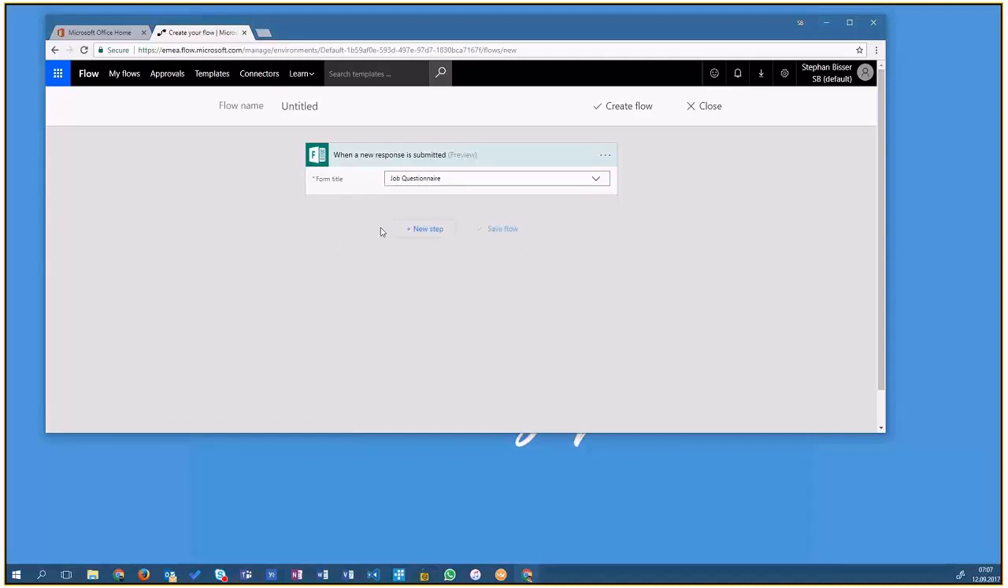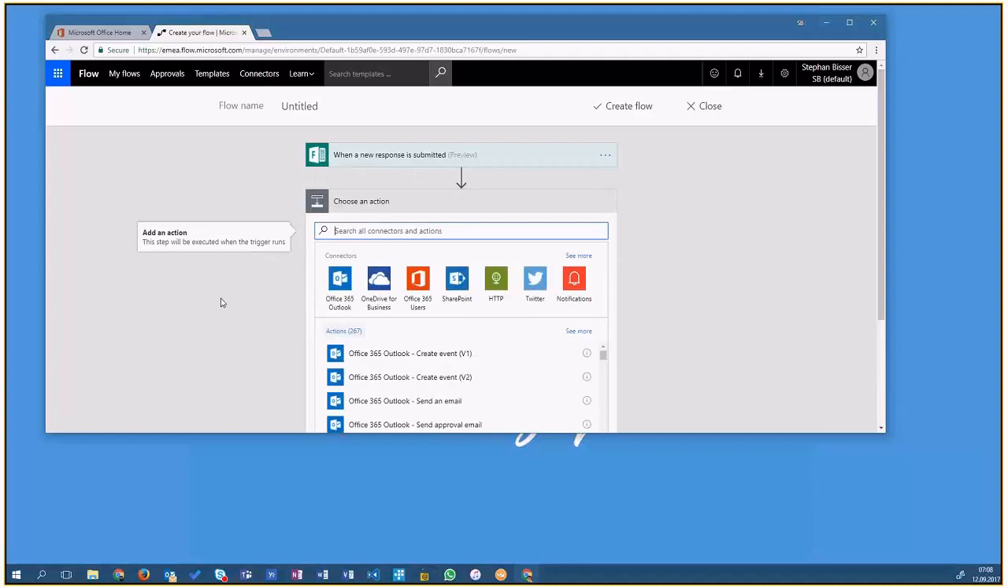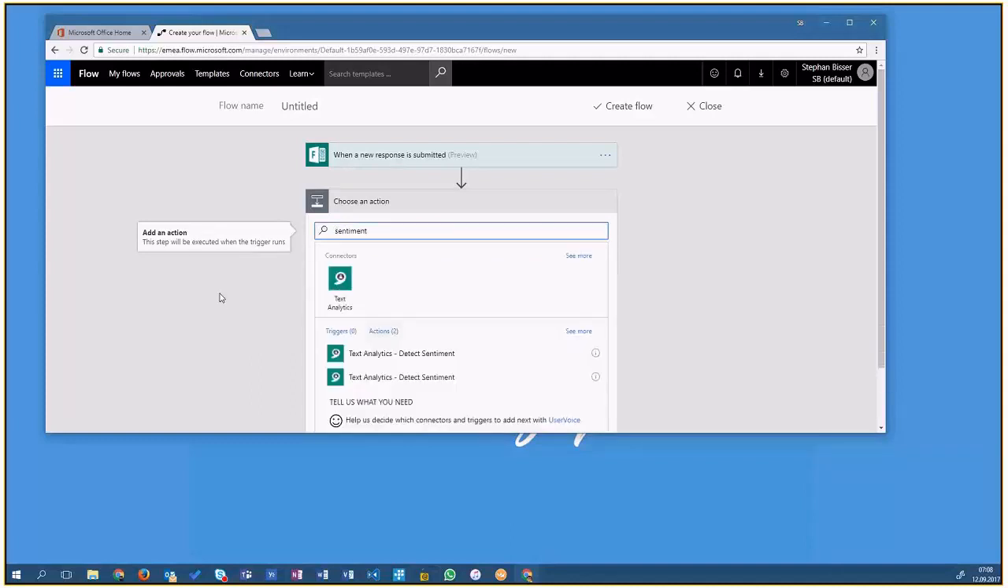Then we want to create a new step. So basically in Flow you can create your action step by step. Either create an action which really executes something, or you could add a condition, a switch case if you want to check for some if statements, a for each loop, do until, or add a scope. We'll hit the add an action button because we want to detect the sentiment of our responses at first. So we'll just want to search for sentiment,